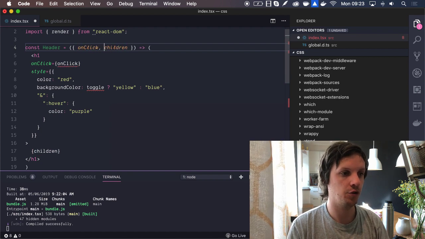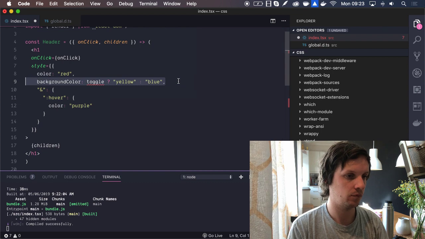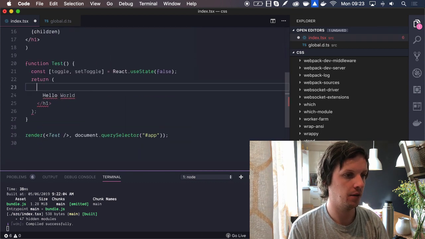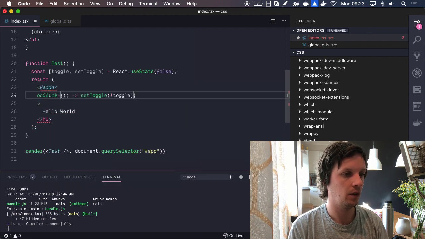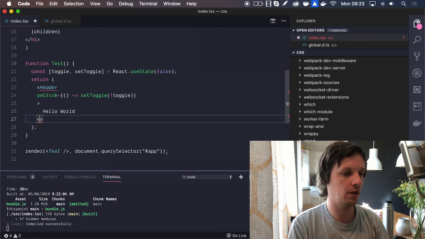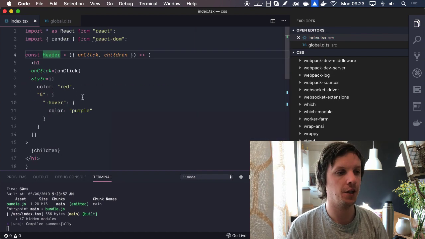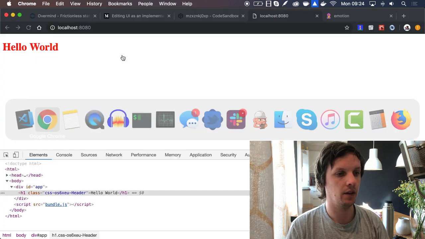So we are in control of how this header should work. Let's just simplify it a little bit to get my point through here. And now we have our component and header. So you could put this like in an elements file or whatever.